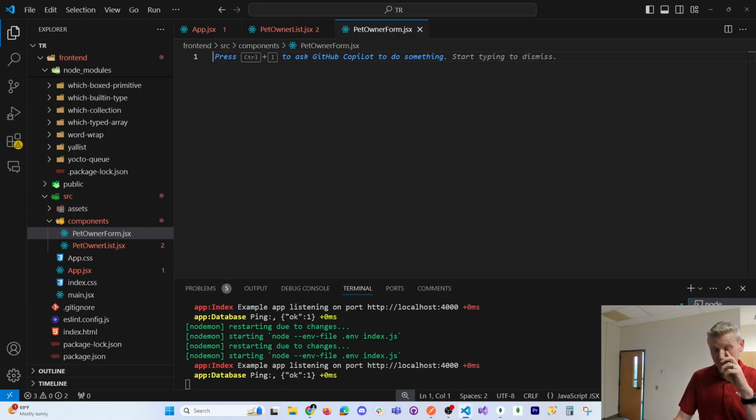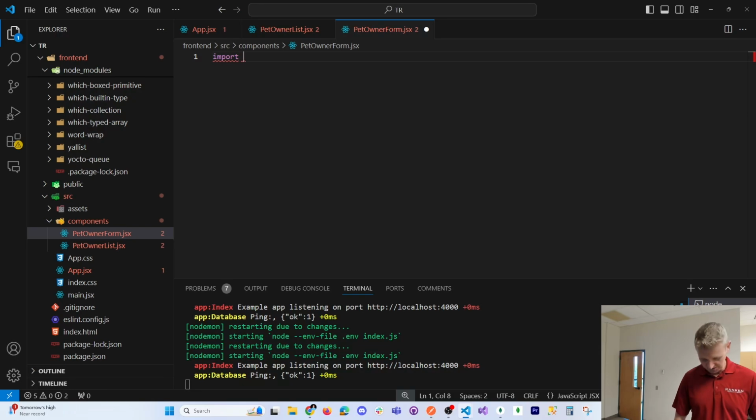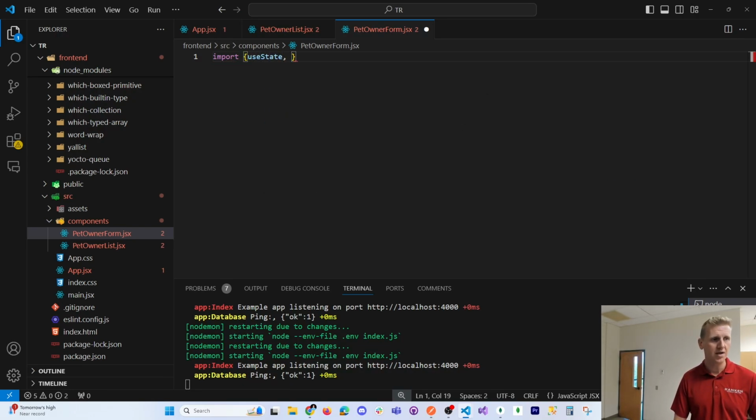And so that makes some if-else statements. If it's a new operation, you show some things, else you just show some other things. And so we're going to have to code for that. We're going to have to code for if it's add new pet owner, we show some things, else we're doing an edit operation. At the top here, let's import our hooks. So we're definitely going to need useState and a useEffect from React. We're also going to bring in Axios,